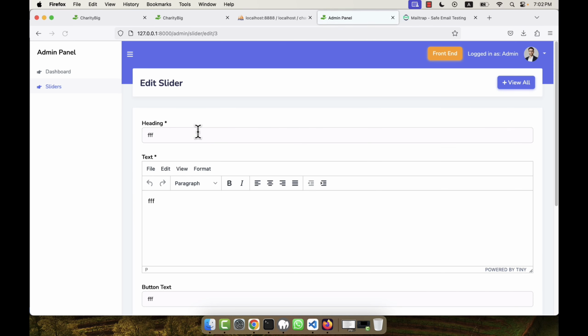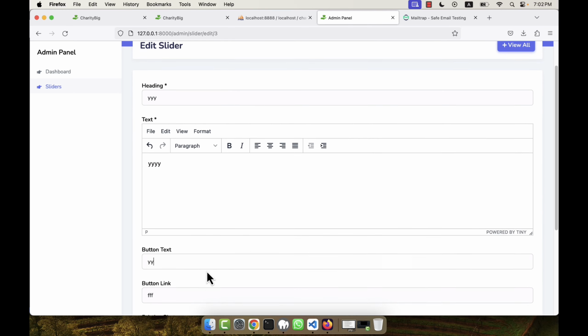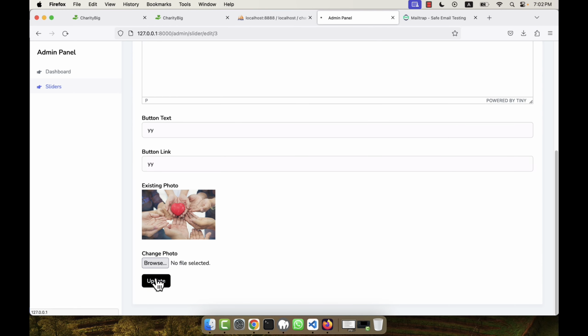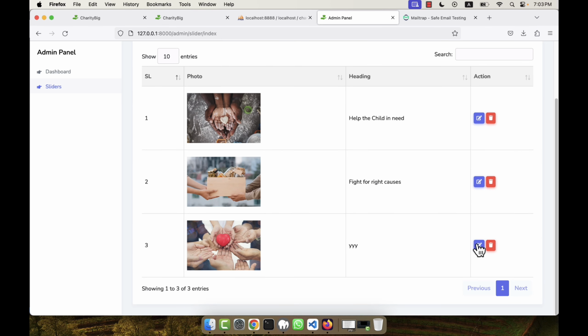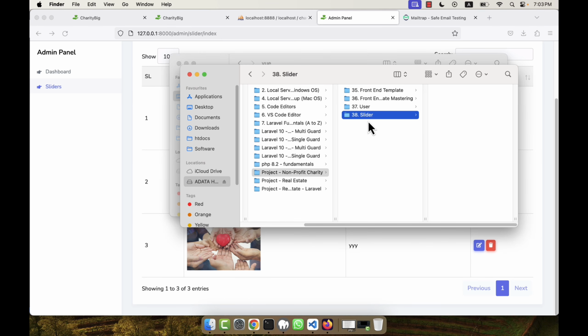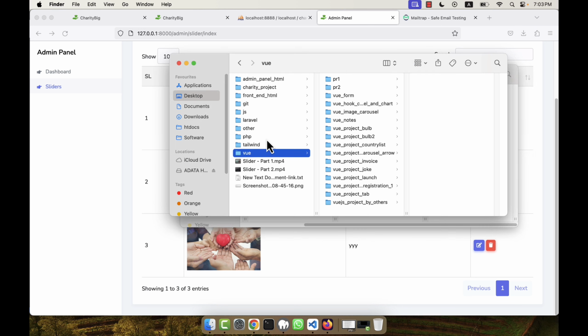If I now want to edit it, for example I want to edit this slider with other text, update, and you will see this is updated. Now I am going to delete this slider. If I delete it, you see in the slider that is